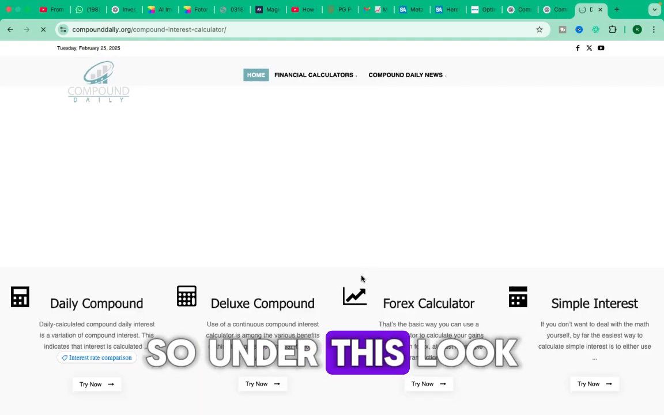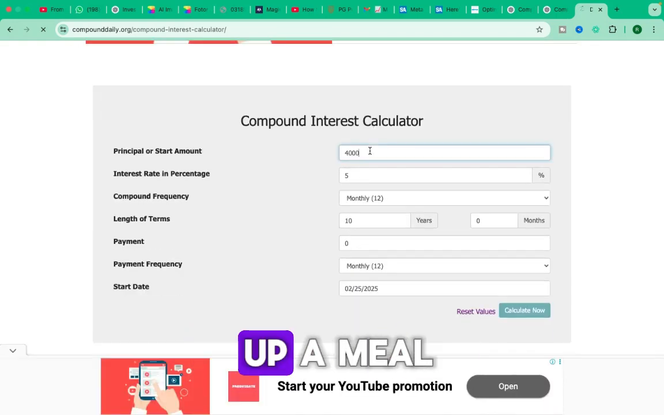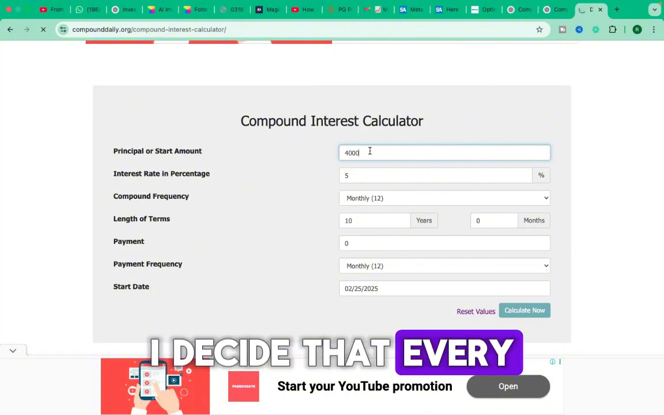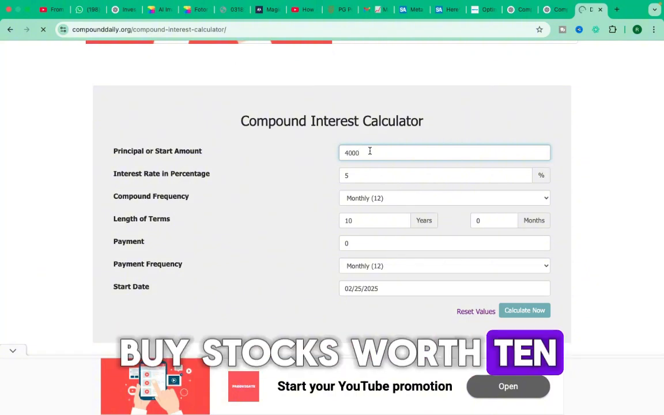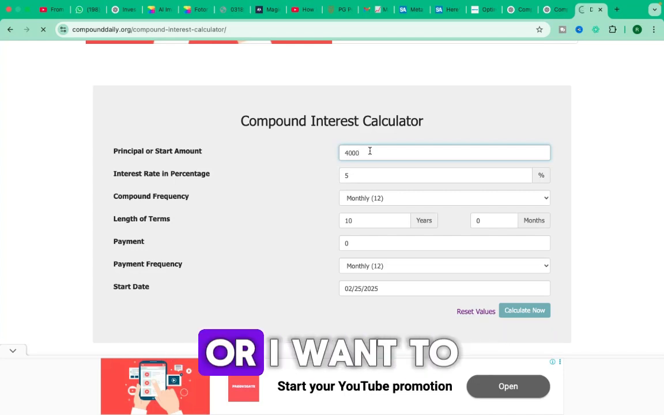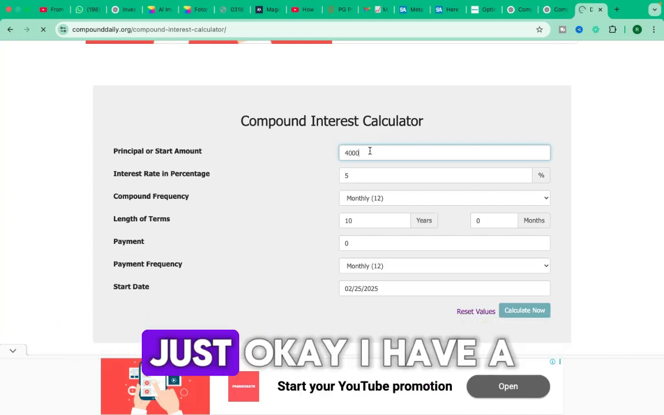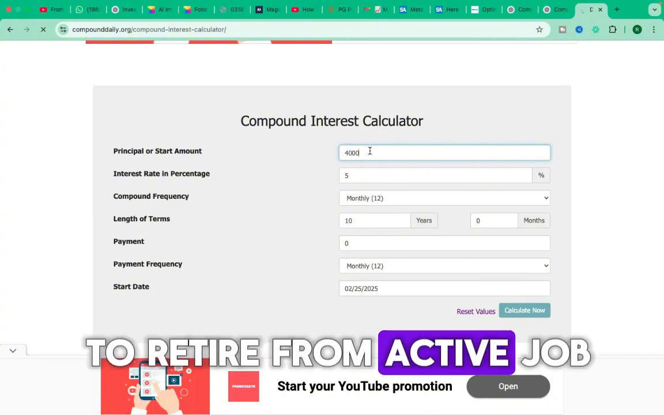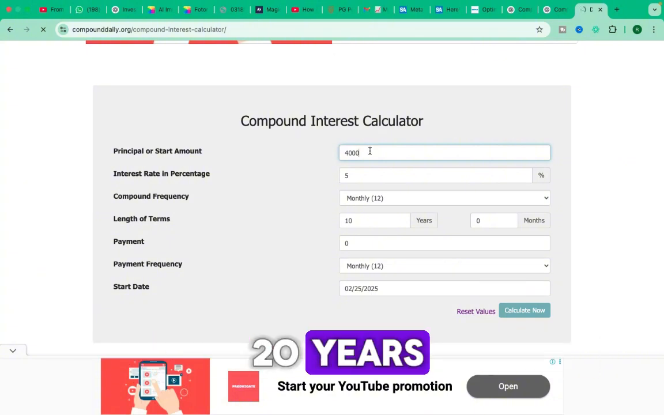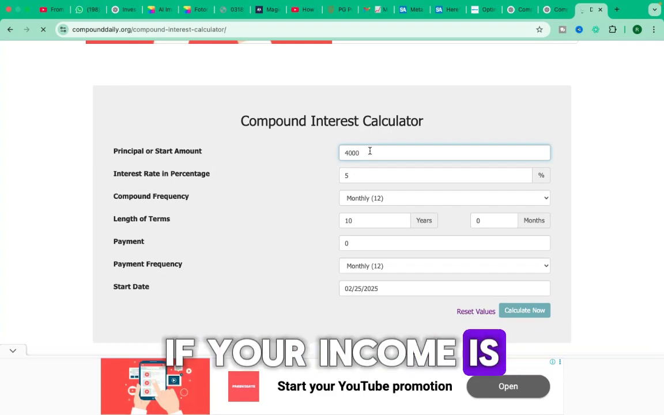So under this, look at this. Let's say I decide that every year I want to buy stocks worth 1 million, or I want to buy shares worth 100,000. I have a plan to retire from active job maybe in the next 20 years, in the next 30 years, depending on your growth. If your income is not so much,